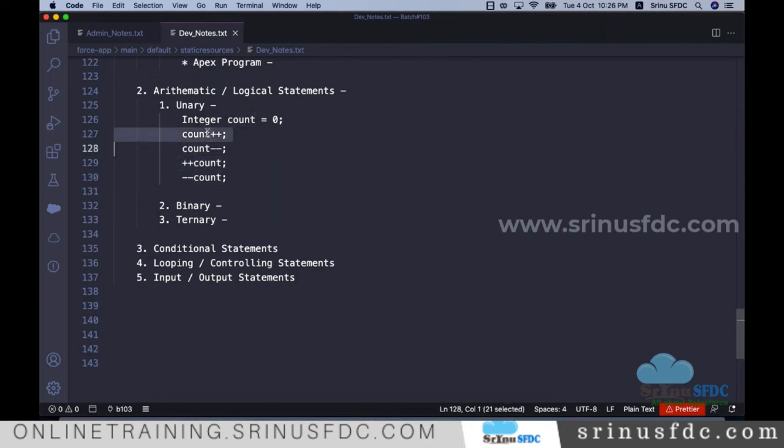Okay, so this will increment the value by 1, but while returning, it will return the original value. Here it will increment by 1, and whatever the incremented value is, that is what it returns. Some differences will be there. So to understand,